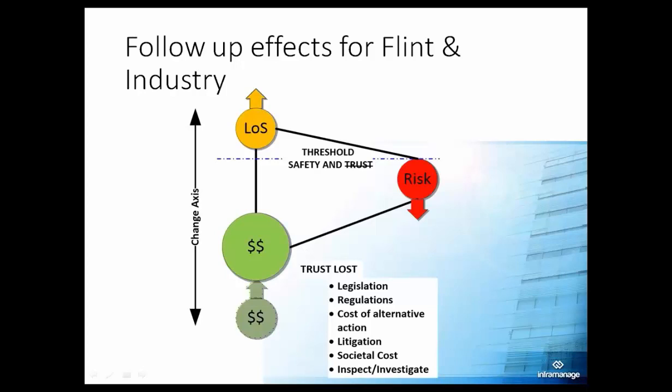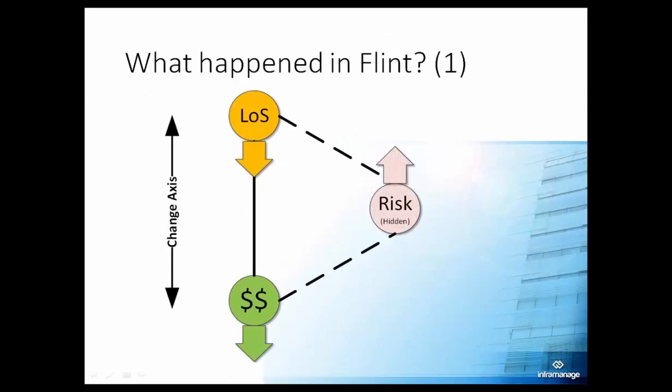And the other point I wanted to make is risk, as Ross mentioned at the beginning, it was a hidden risk, and they weren't really understanding the risks. At least we hope they weren't really understanding the risk clearly at the beginning. And when we did our survey with the American Water Works Association, we surveyed utilities across the country and asked them about their asset management practice. The area that by far was the lowest across the board for all utilities was the understanding of risk and understanding what the risk of individual assets was.